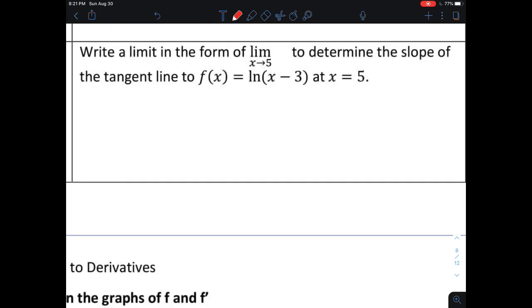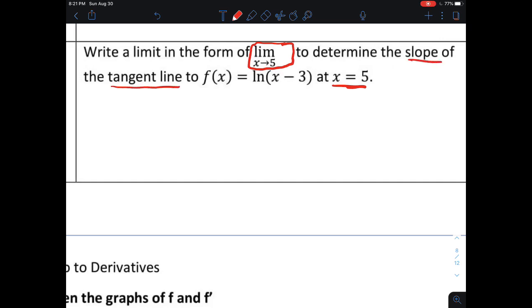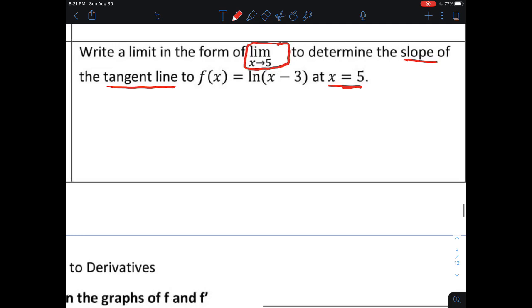Now let's do the same thing, but use the alternate way of writing the derivative, which instead of writing it as h approaches 0, we're going to write it as x approaches a number. I want to find the derivative at x equals 5. And how do I know I'm doing that? Because the derivative is equal to the slope of the tangent line at that point. So this limit that we're trying to write would tell us f prime of 5